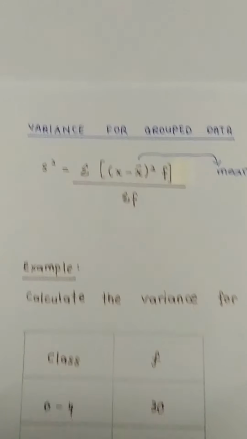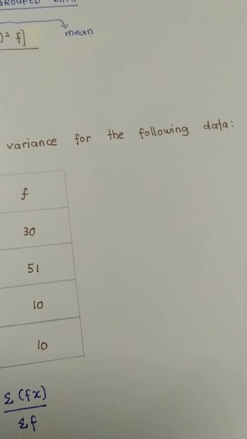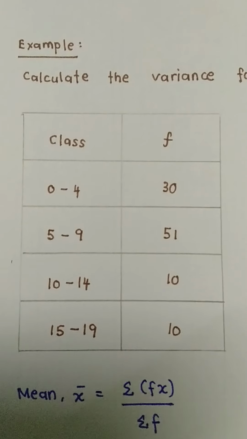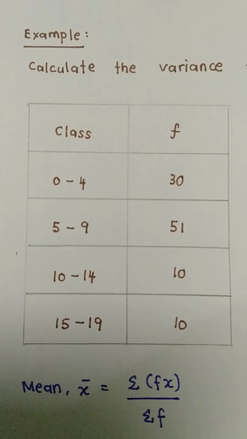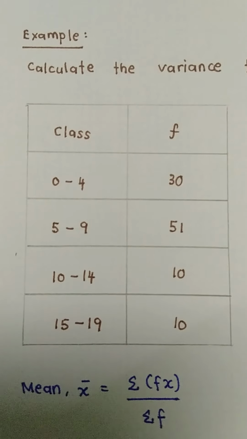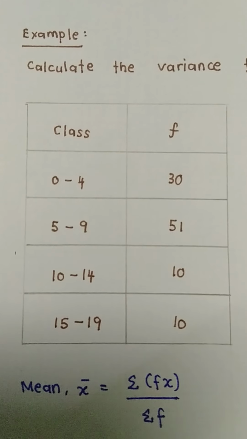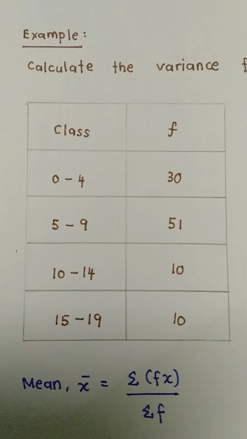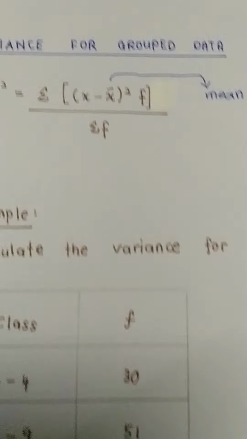So, example: calculate the variance for the following data. We have the class of 0 to 4, the frequency is 30. From 5 to 9, the frequency is 51. Class of 10 to 14, the frequency is 10. And the last class, 15 to 19, the frequency is 10. Okay, so as usual,